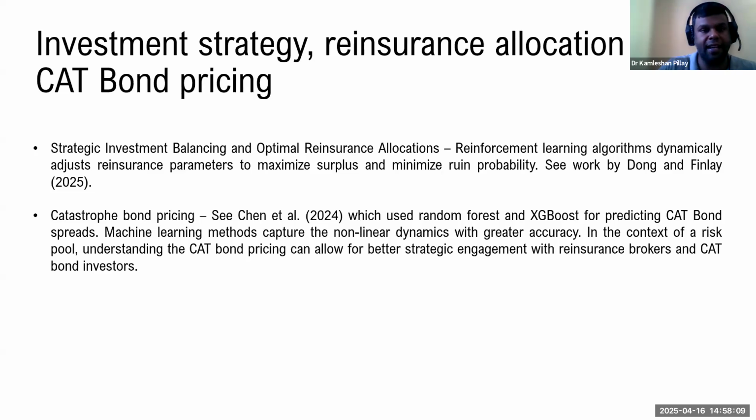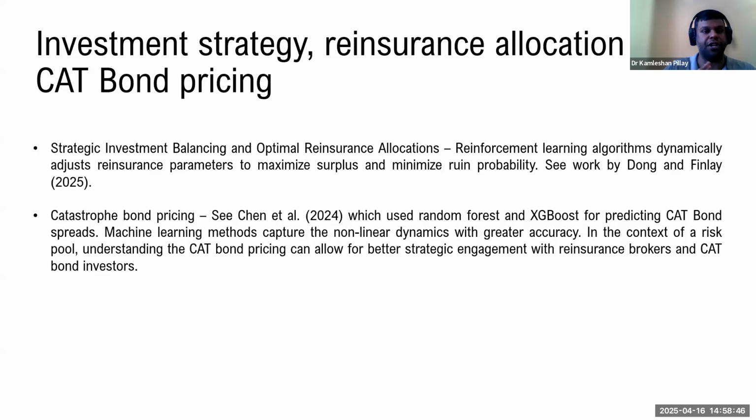And this is the last slide. I focused a lot on how you would do the loss development, how you would integrate parameters into pricing, and how you would create the downscaled data sets that maybe go into detecting the hazard. And then you would also potentially use machine learning within some of the investment strategy, reinsurance allocation, and cat bond pricing. I put a few studies in the presentation of examples of where it was used